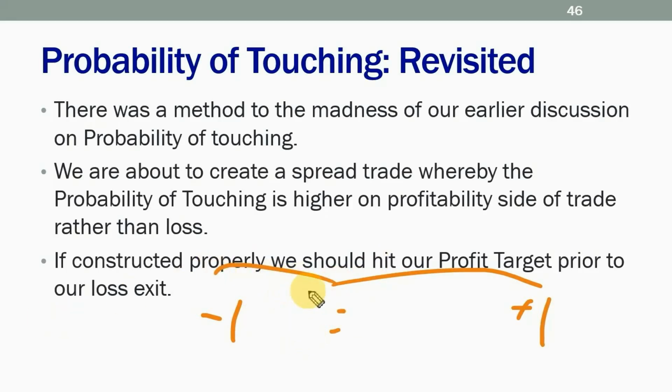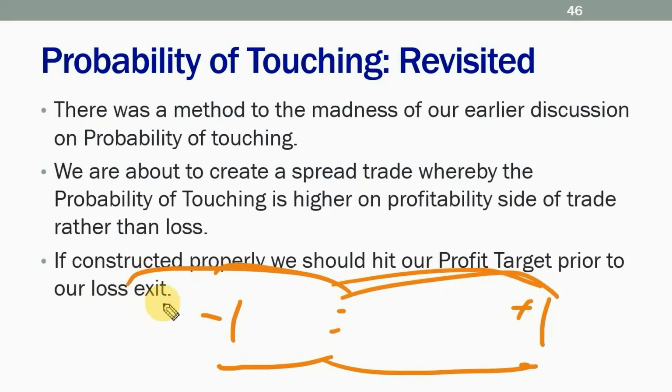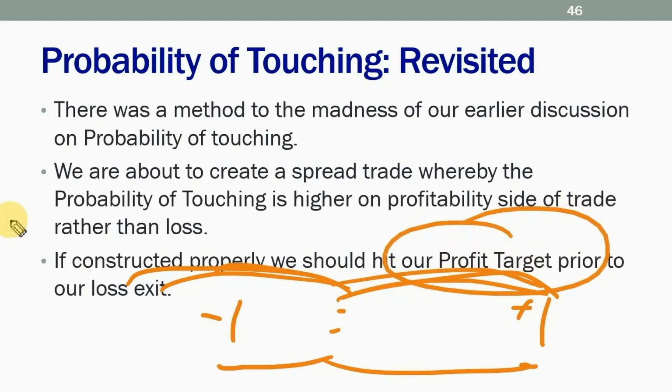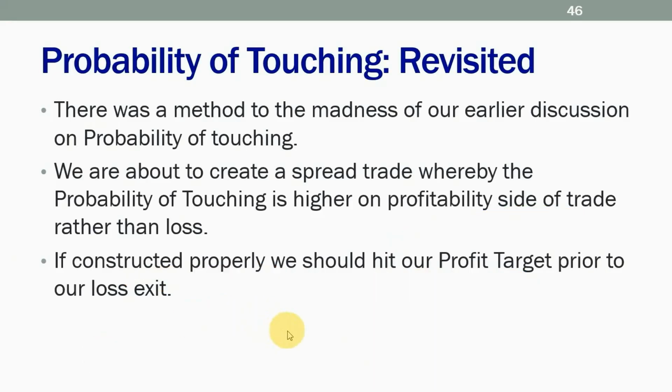Well, here's the answer. There's a neat way to think about this. If we come down here, I'm not going to get stopped out, so it's not going to make a difference anyway. But if we come up here, I will get out of the trade. So effectively what I'm saying is, if there's an equal probability of being able to go up versus go down, when you go down, I don't get out, but if we go up, I do get out. You'll see that the profit target has a much higher probability than hitting the loss. Interesting way to explain it.